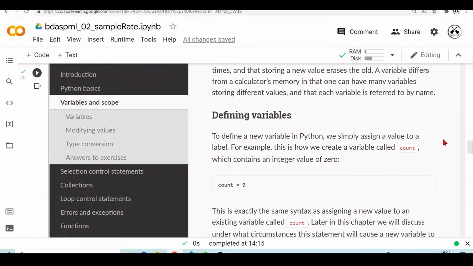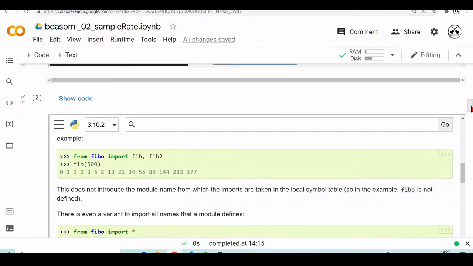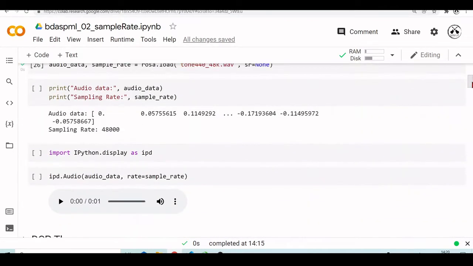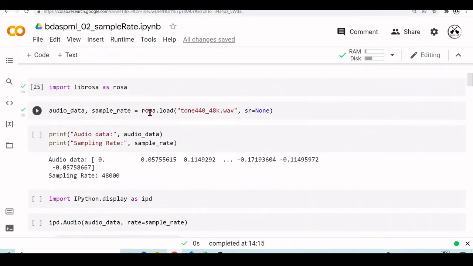To define a new variable in Python, you simply assign a value to a label. In this case, we are not assigning a value directly, but we are calling a function. This function will return some values, in this case two values, and these values will be stored here. Audio data is a label for this array of numbers here, and sample rate is a label to store this number here,